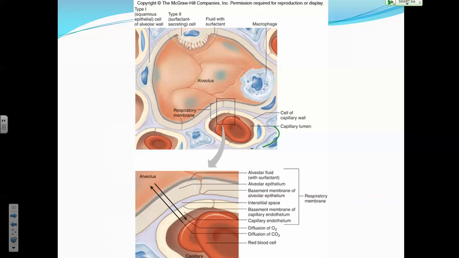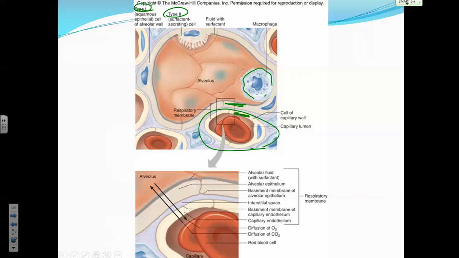So here you're seeing a cross-section view of a blood capillary, and there's the simple squamous of the alveolar sac. And you can see there's macrophages. You've got macrophages that are resident macrophages in your lungs. And you actually have two kinds of cells that make up the wall of the alveolus. On this picture, it shows you the type 1. That's the regular squamous cell, but the type 2 is the one that produces surfactant. Remember surfactant? You don't have to know type 1, type 2, but that's the difference in those.